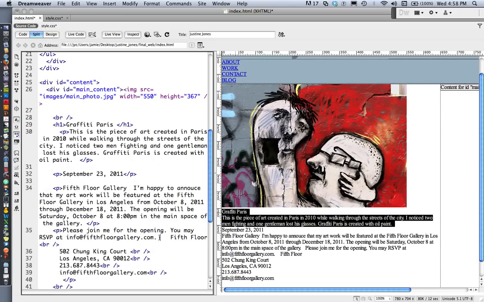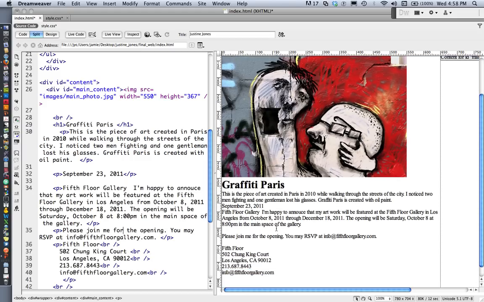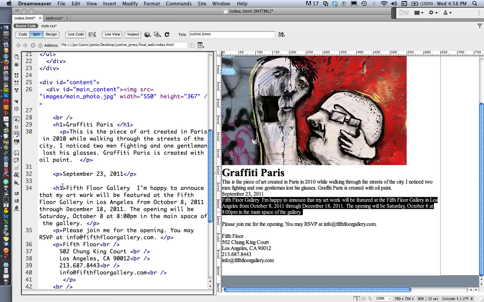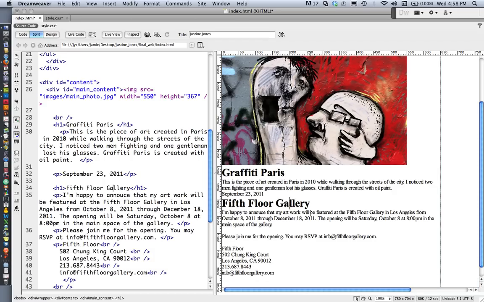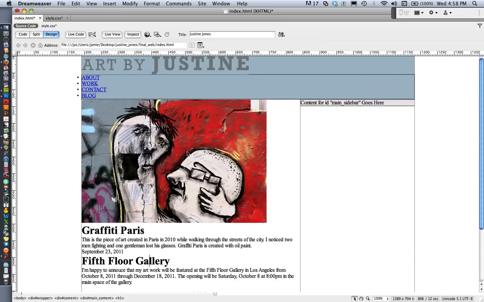So I'm just going to do some of this right now. I'm actually just marking this up so that we've got some paragraph tags around our text. And notice that when we do that, we get just a little bit of styling that is characteristic of these tags. So we get that default styling for our heading tag, etc. So we're in a better spot there, but we've got our content in there,